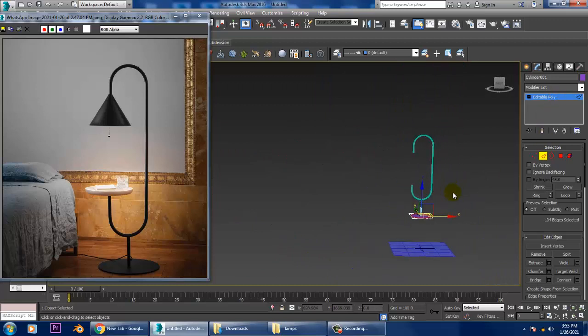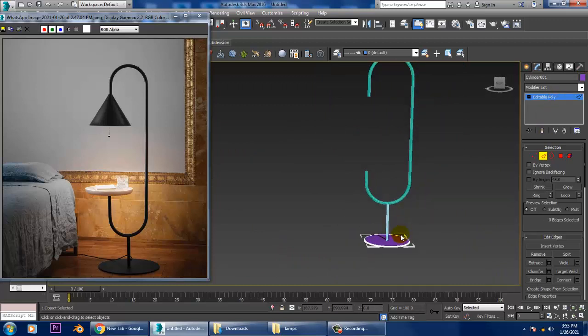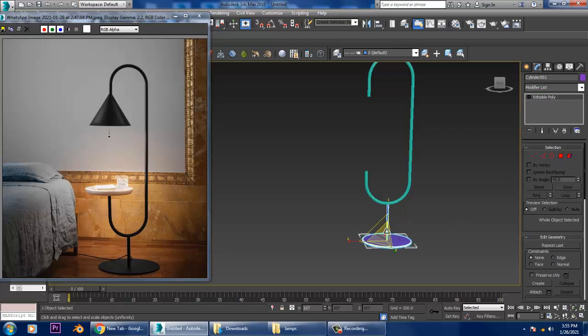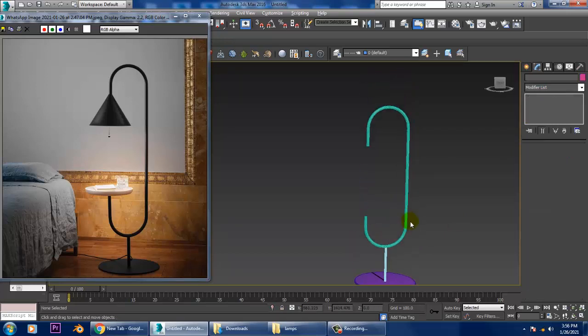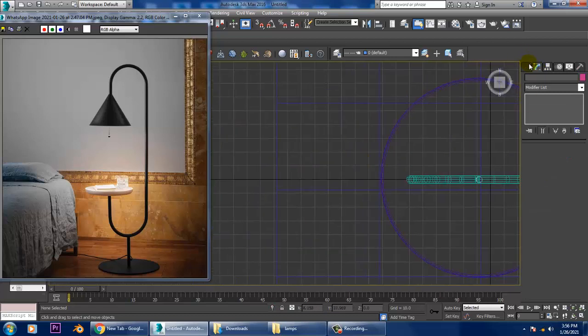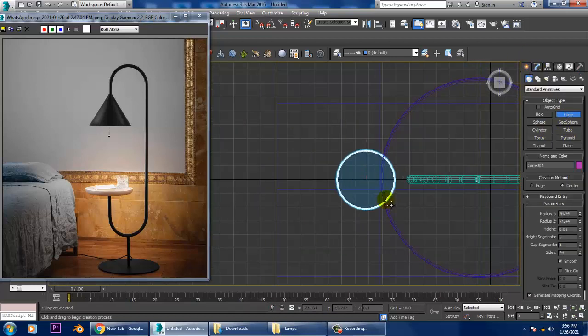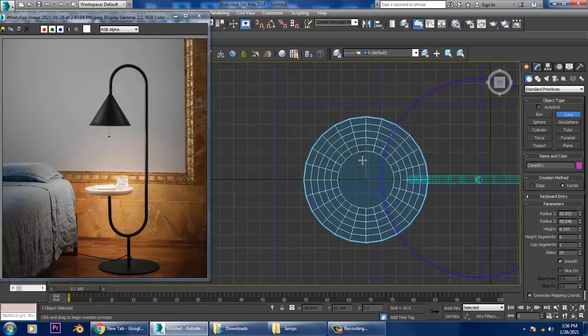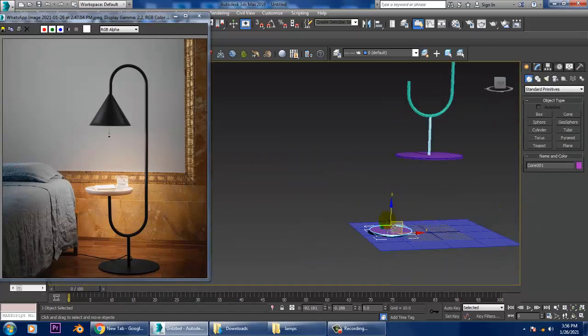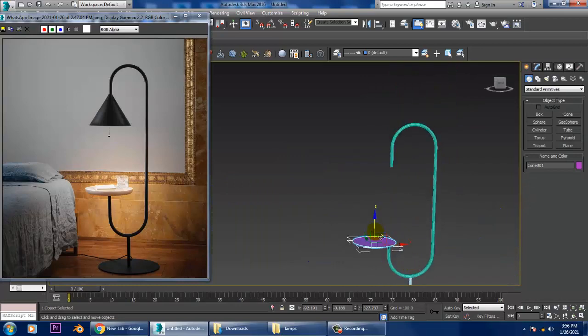Once you're done with this, we can come out of it and slightly increase its size over here. Let's go to the top view and use a cone over here. So we can push this up.